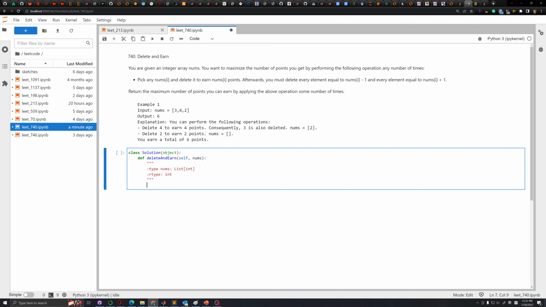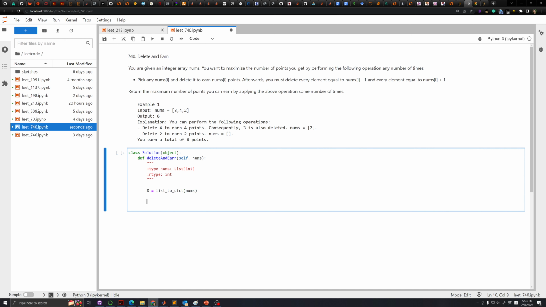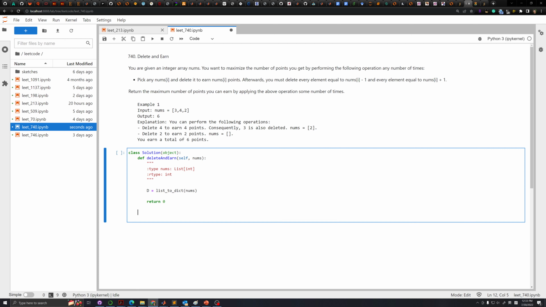So this solution here, it'll consist of two processes sequentially. The first one is that we're gonna have to convert nums into a dictionary, right? So I'm gonna say D equals list to dict of nums, right? And then let's just write return 0 for now, and we're gonna define our list to dict